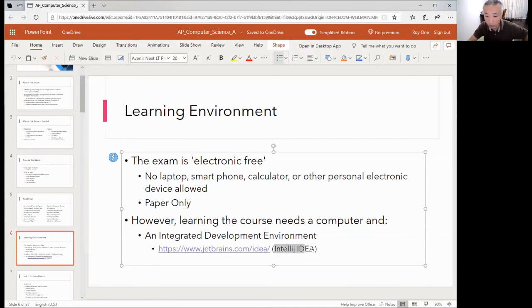How to download this? Use Google with this keyword. I already pasted it in our chat. IntelliJ IDEA. Google it, and then use your common sense. But in most cases, the first result should be it. But still, if there's an exception, use your common sense. Probably you will see something like JetBrains.com IDEA. Click that, and you will see download. And remember,